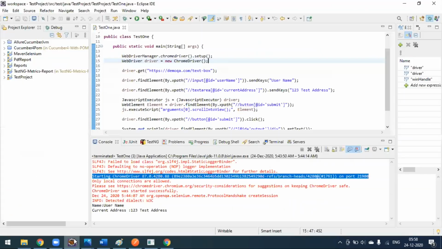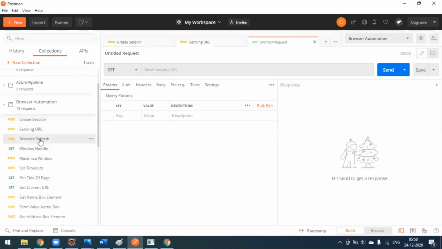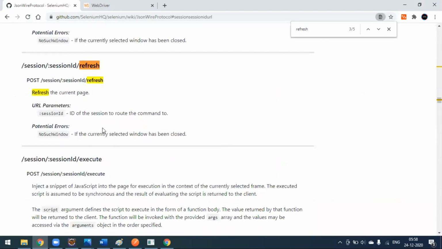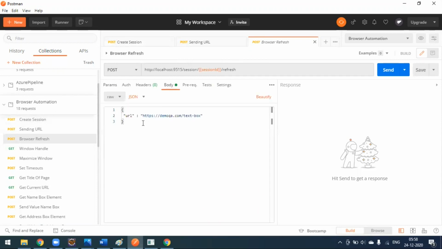After this URL is passed, we can go for a browser refresh, right? Browser refresh is again the post method. So when you come here, I will copy this refresh method, right? This is a browser refresh and it's again a post call. We have to pass the session ID in the URL and we don't need any body to be passed here. But still it is a post method, so you can leave the body as an empty JSON. Otherwise, you can pass the URL also. That will also work. Okay, so I will remove this URL